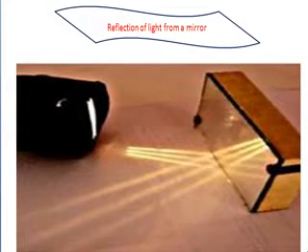This is a very good experiment on your torch to understand reflection. It's very good and very easy. Take a black paper, and on the beam of the torch you make 3 holes on that paper and cover the torch light and put it in front of a mirror as you are seeing it on the screen. What you will see, the 3 beams of light will come and fall on the mirror, because we have made 3 holes. So the beams are coming out of those holes and we can see that light there. See, it's very clear in the diagram, in the picture.